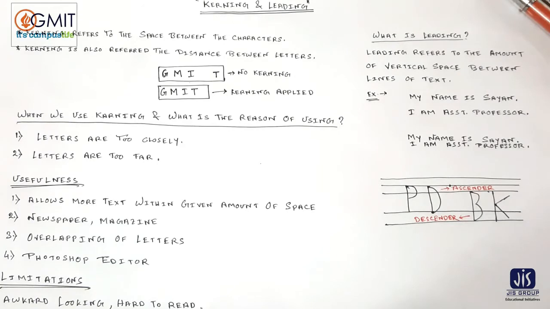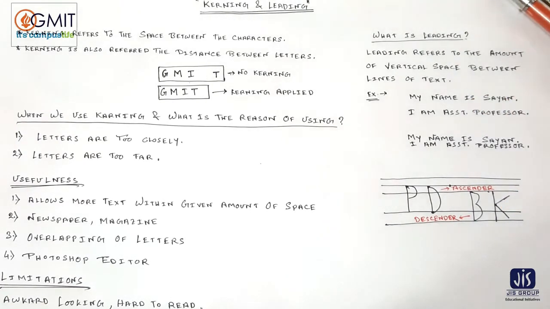So you have to write this in a proper way, and that is, first you have to write the definition, then the example, then why we use kerning, when to use kerning, then 2 points, then usefulness and limitations. Then you can get full marks. Clear? Now if you have any question regarding kerning, please ask me. If you have no question, please come to the next part.